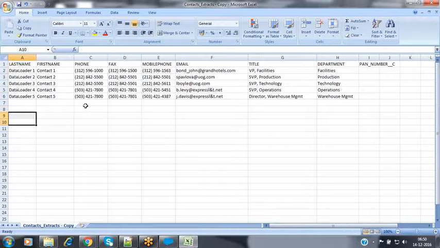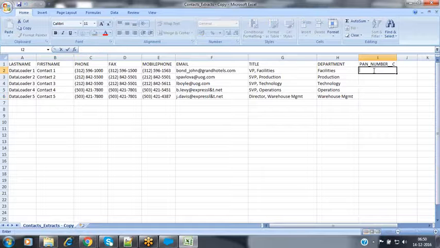I'm going to be inserting the record like this. Now, the last names are data loader 1, data loader 2, data loader 3, 4, 5. First names are contact 1, 2, 3, 4, 5. Like that, I'm giving this information here. Now, I'm giving a title value as well. I'm giving some PAN number also.